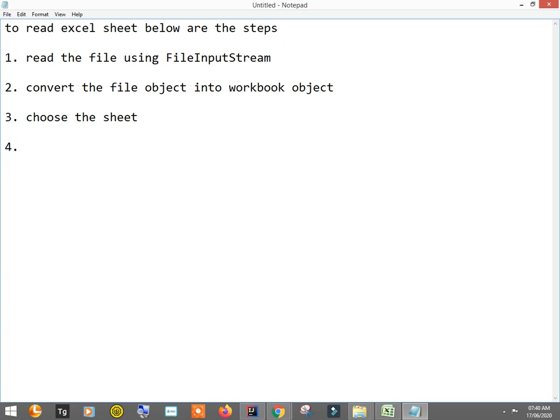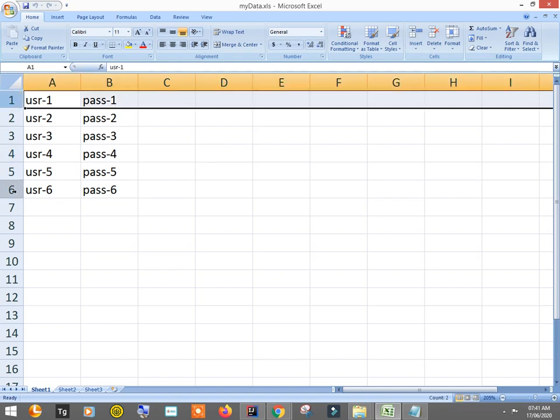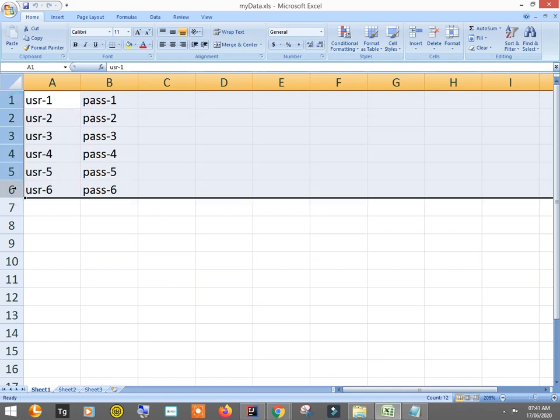Next, the fourth step is to get the count of active rows in the sheet. For example, here it is 6. Because we need to traverse it in a for loop, the for loop will run 6 times.